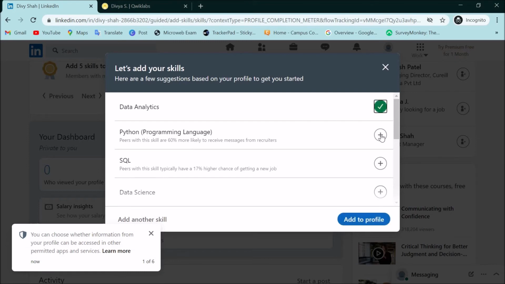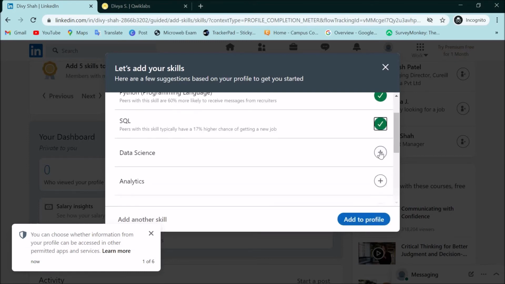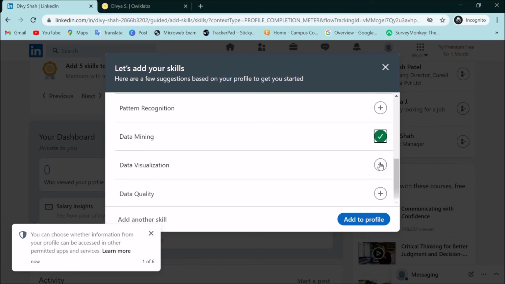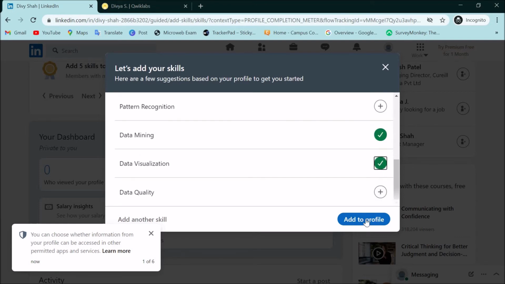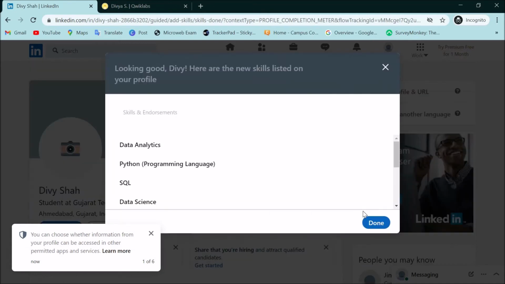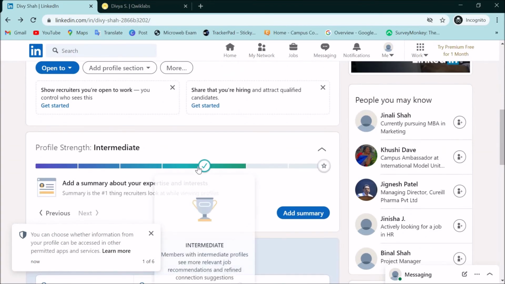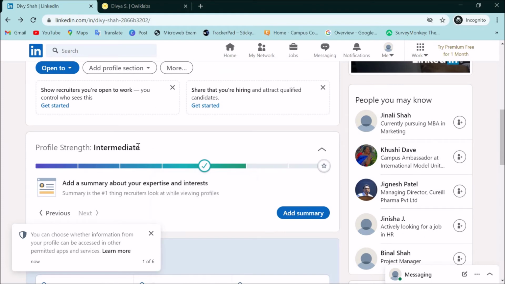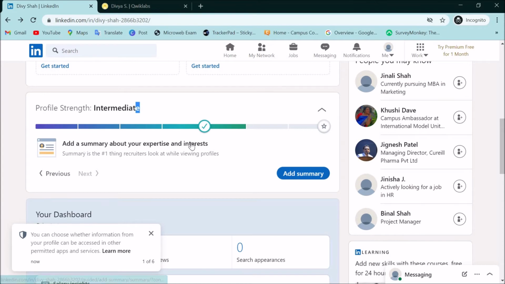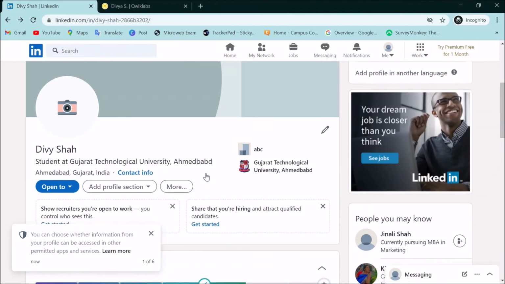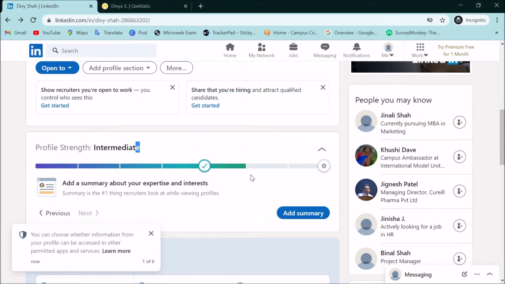So my skills are data analysis, Python, SQL, data science, analytics, data analytics, data mining, visualization, data quality. Simply select all and add to the profile, and then done. Then you go from beginner to intermediate, and then add a summary about your experience, expertise and interests.